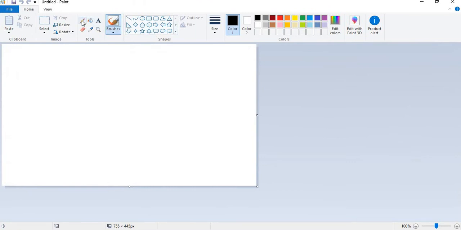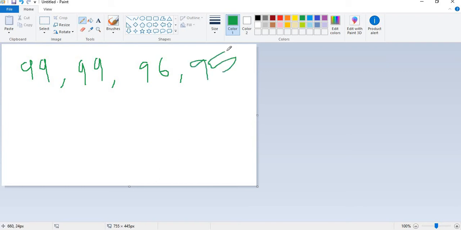See, I have two students, assume. So those two students got 99, okay, 99 comma 99. The other mark is 96, and the next mark is 95. So now if you see the ranks for these people, here I will give this one rank, this is one rank, and the next rank is going to come as 3. So there is no 2 because 2 is already covered here. The next rank obviously will be 4. By using rank, each and every record in a table will get a certain number. Okay, so this is how we give it.